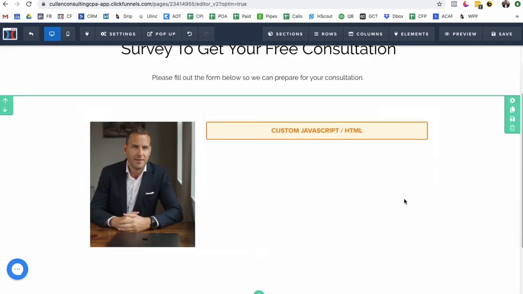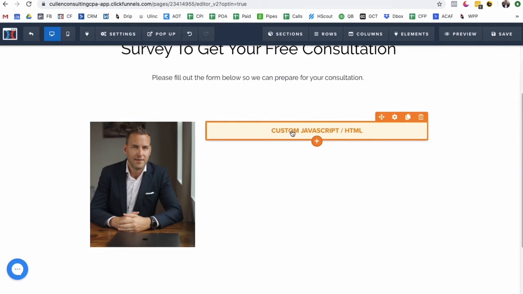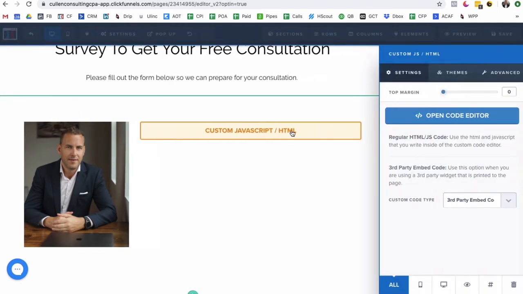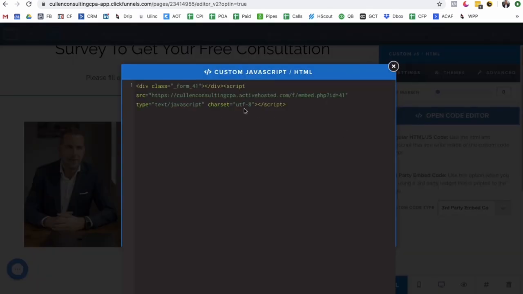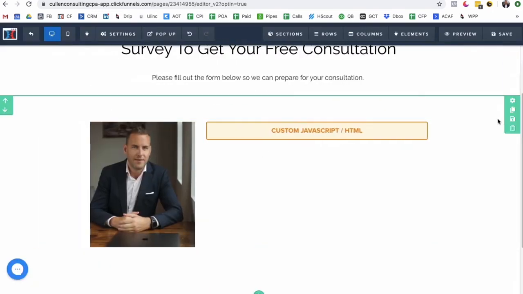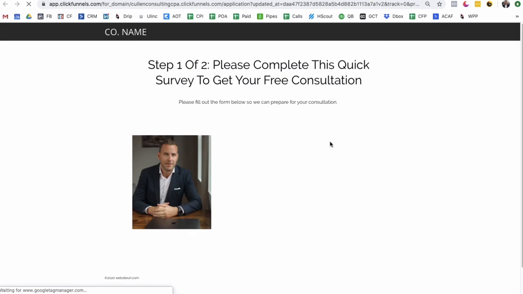And then here, behind the scenes, in the cheat sheet for the setup, we will set all of this up, the form, and then we will open the code editor like that, and we will just paste the code in, and that's it. Okay, and then we will take a preview of this, and this is what the page will actually look like